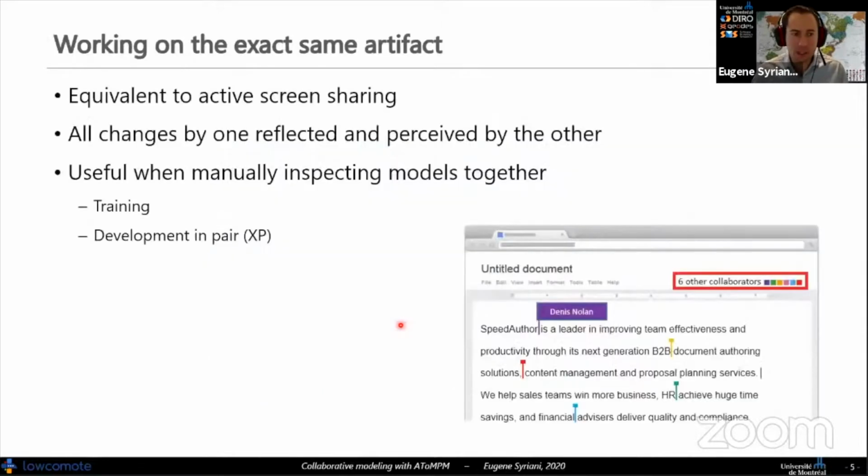Working exactly on the same artifact is equivalent to having an active screen sharing collaboration, I would say a la Google Doc, where all the changes made by anyone are reflected and perceived by everybody.